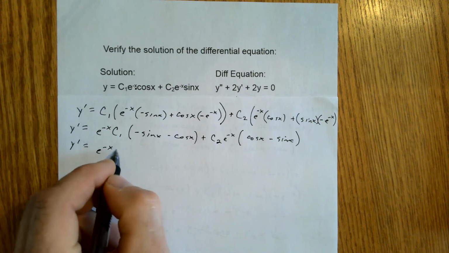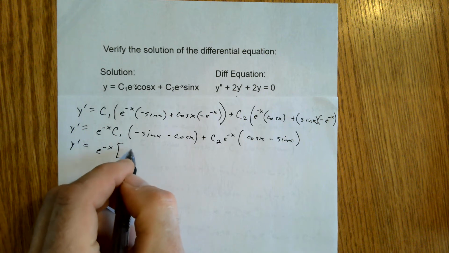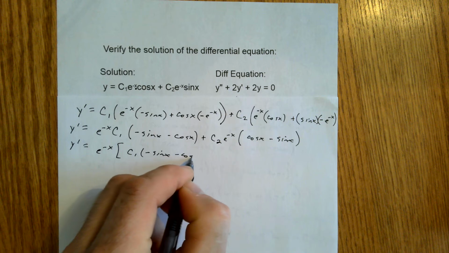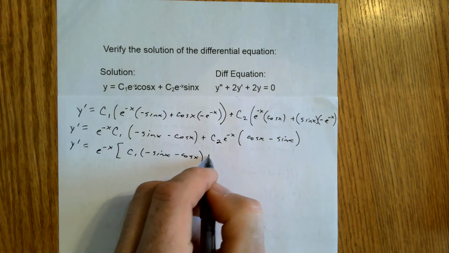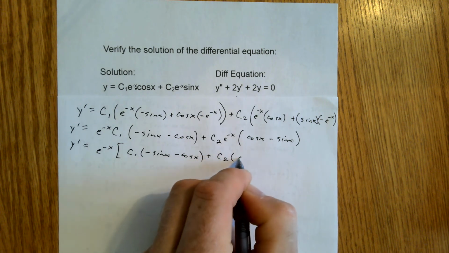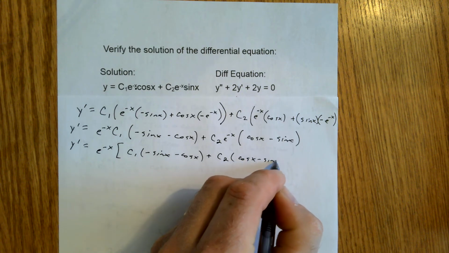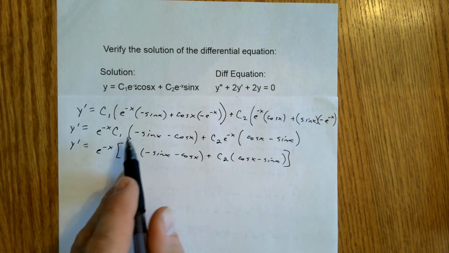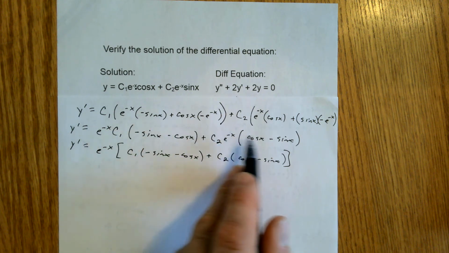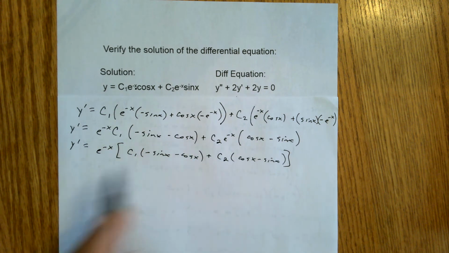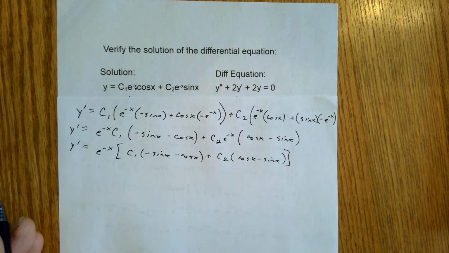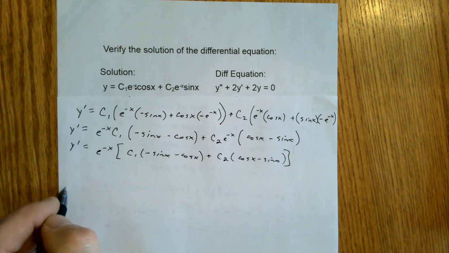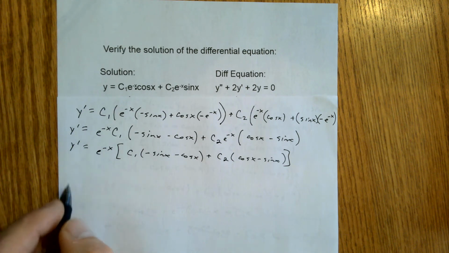negative x out. So that gives us c sub 1 times negative sine of x minus the cosine of x, and then plus c sub 2 of the cosine of x minus the sine of x. And what that's going to do is it's going to eliminate a lot of our product rules. So we don't have a product rule here and here. We just have one big product rule as we go into our second derivative, because we're interested in that second derivative, aren't we? So I'm giving it a little space because I think we have to mess with that y